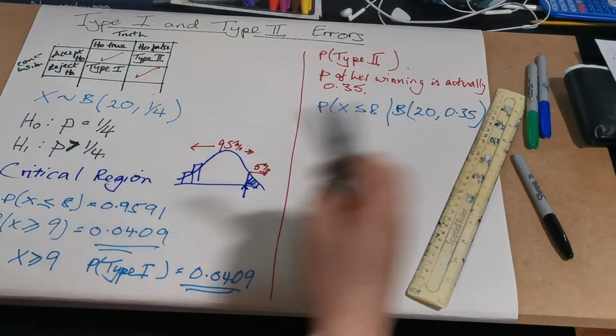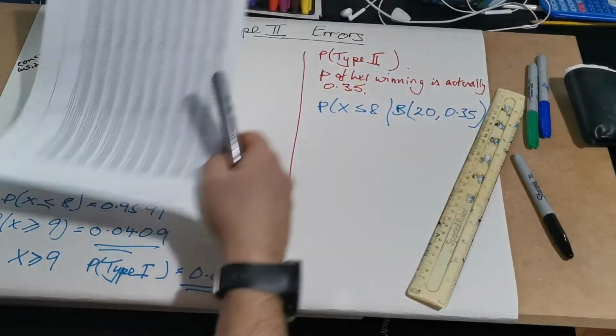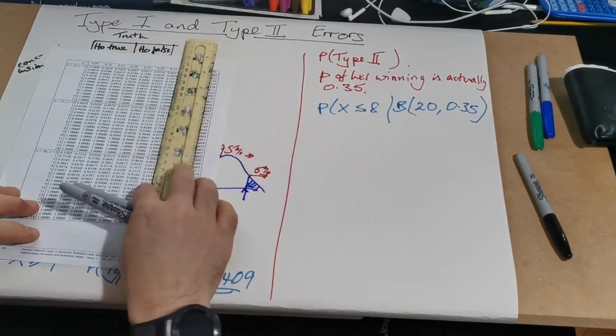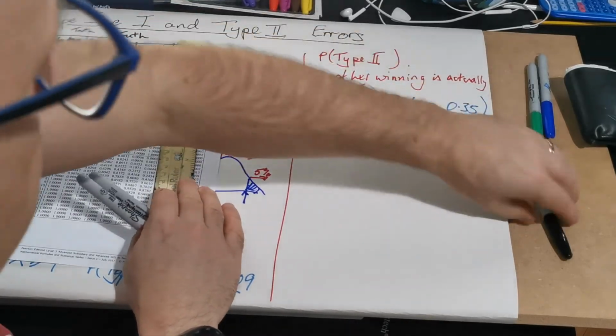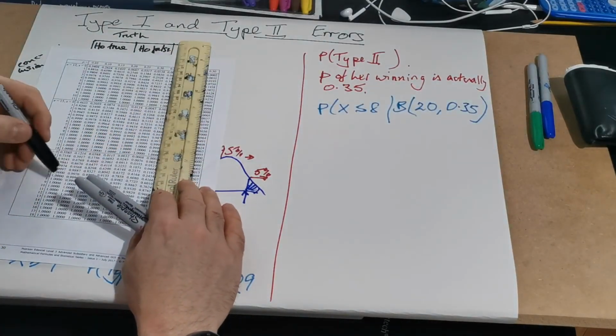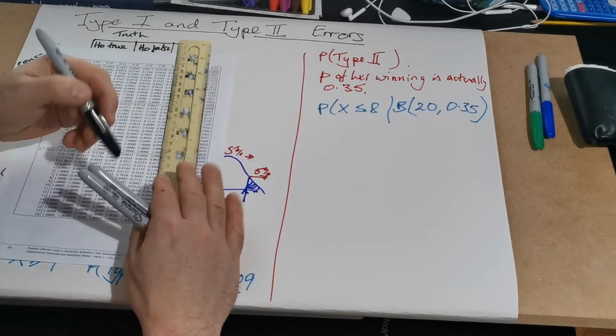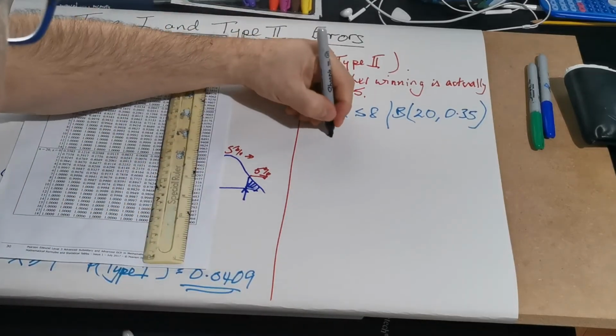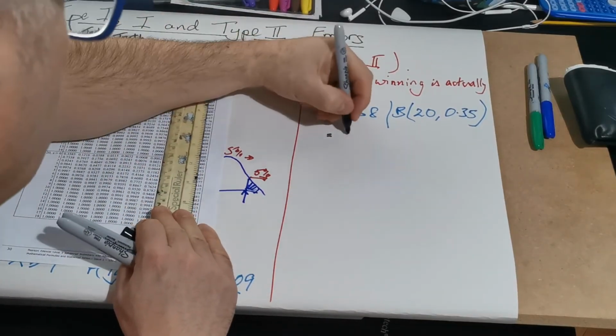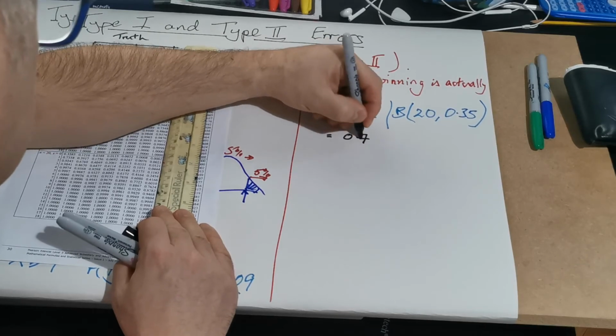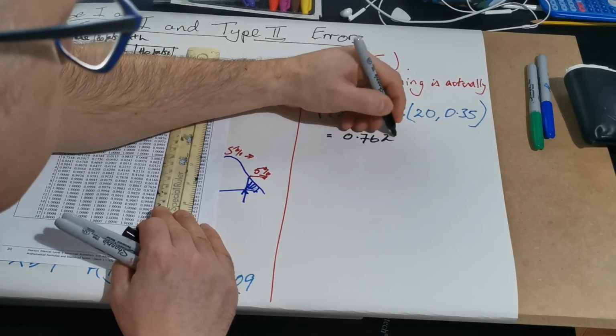And again, I'm going to look at tables for that. I've got 0.35 here, and the probability that it's less than or equal to 8 is 0.7624,